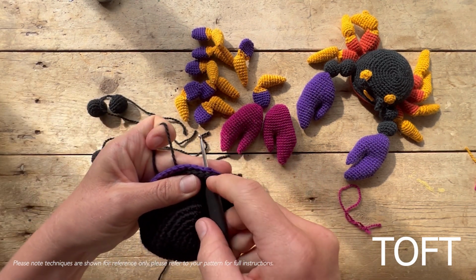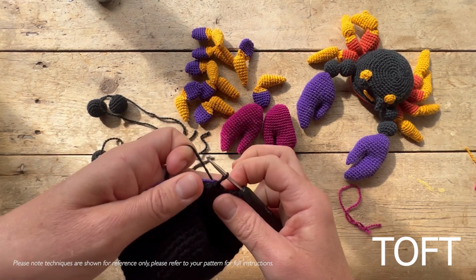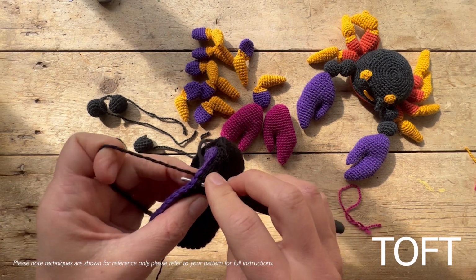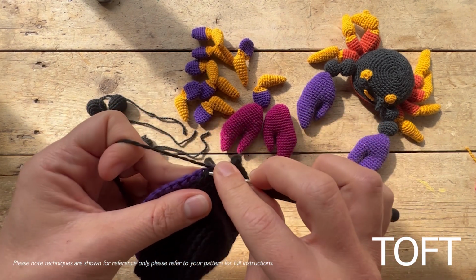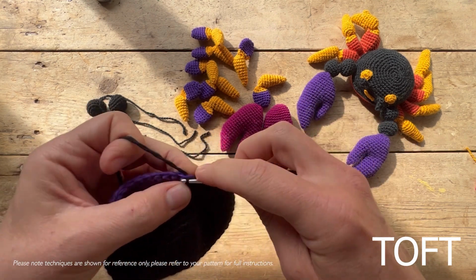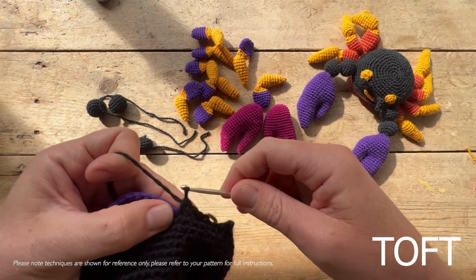So put your hook in from the black side through the amethyst side like that. Then using your black yarn, all you need to do is double crochet through both sides of the fabric like that. So you're going through the whole stitch on the black side, the whole stitch on the amethyst side, and double crocheting right the way around that edge. So whiz round, leave a hole, you can add your stuffing and then finish it off,